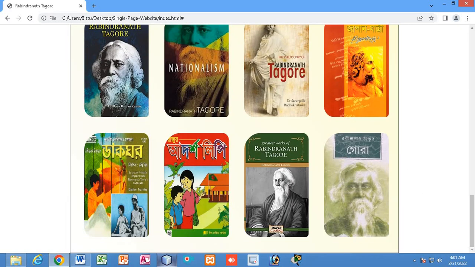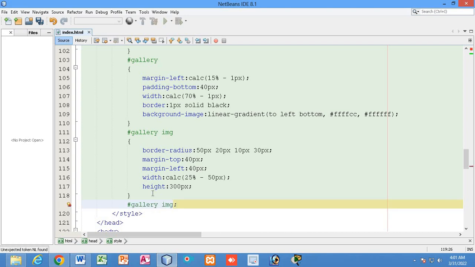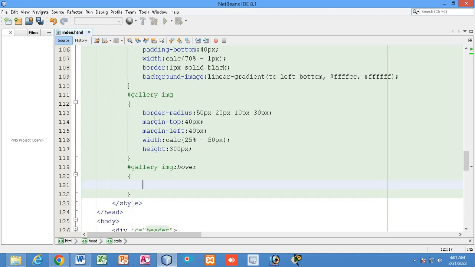So if you want, you can apply the hover effect for the images. I will apply the hover effect for the images here. Simply I will write hover, right? The CSS property that will be changing is the border radius. If the user brings the mouse over those images, the border radius will change.